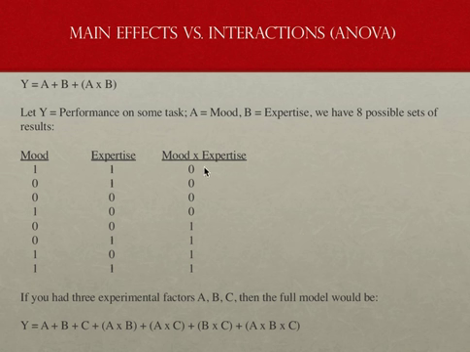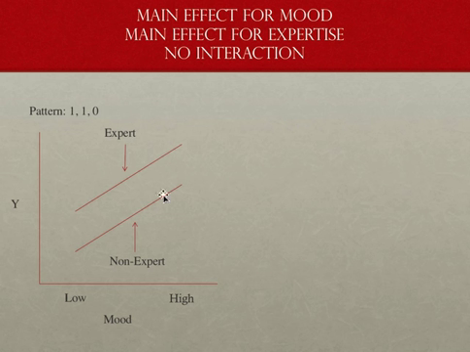So now I'm going to systematically go through how each of these different possible patterns of statistical effects, or lack thereof, would look like pictorially. So let's go through that. So let's go through here the first one. So this is the pattern 1, 1, 0. What does that mean? There is a main effect for mood, there is a main effect for expertise, but there